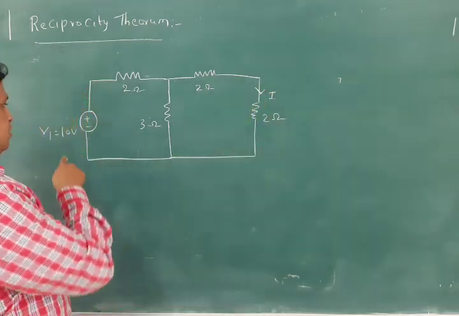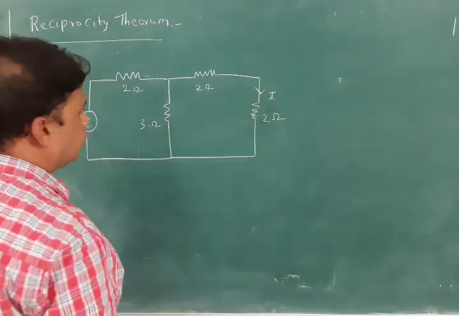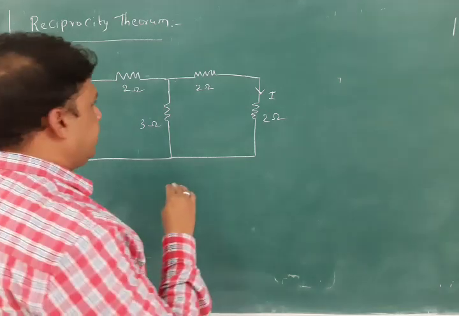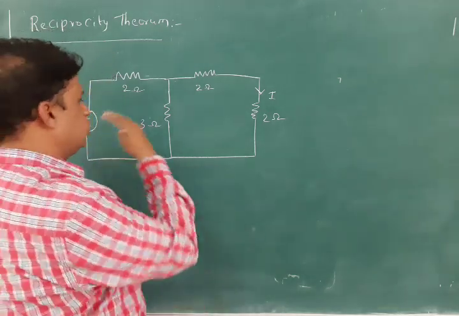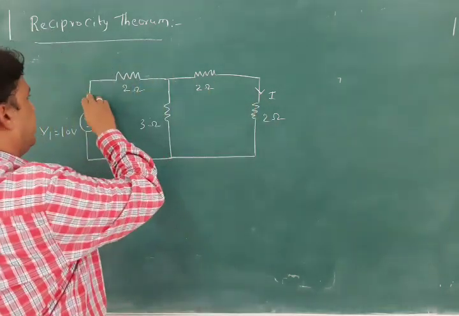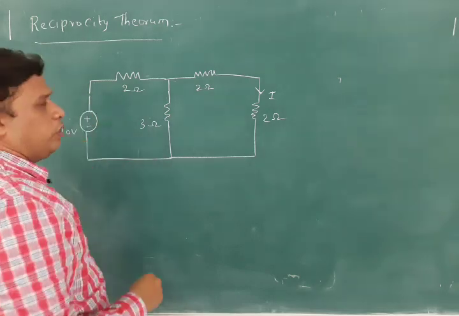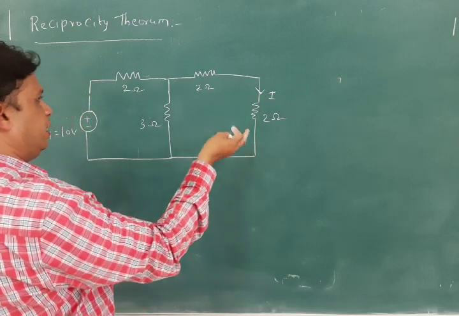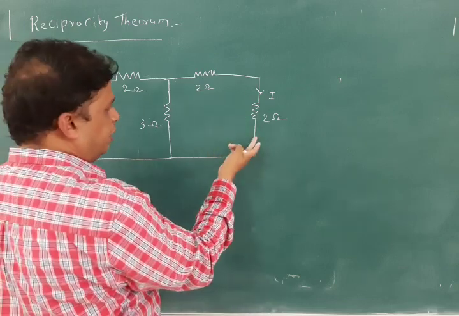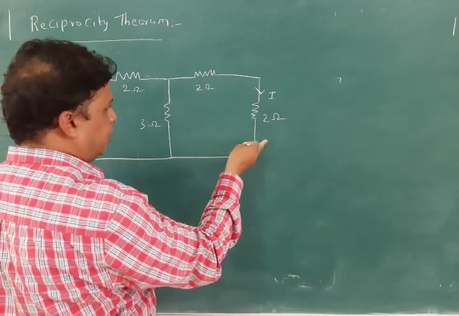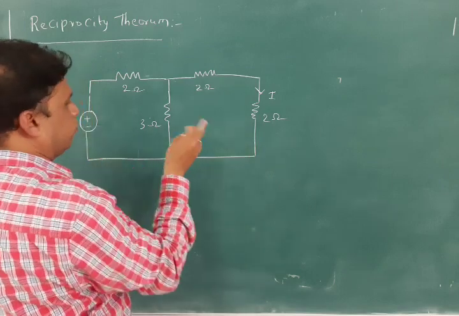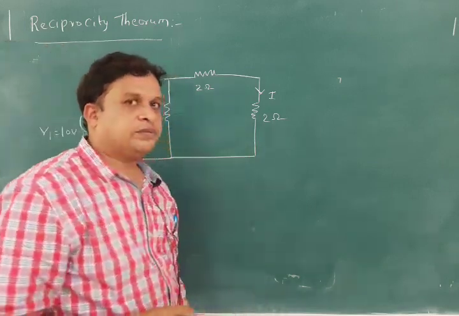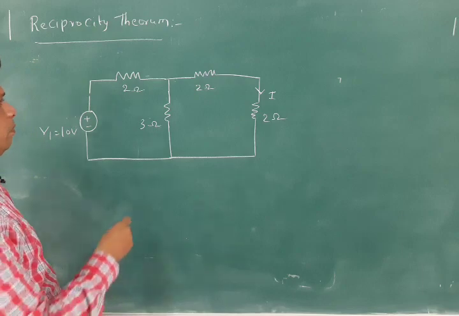Now we have to find this voltage by this current ratio, which should be equal to the ratio when the voltage is interchanged to here and the current is measured here. We want to measure V and this I, and later we will shift the voltage here, find V here, and find the ratio with I2, as we already discussed. Now let us start the problem.